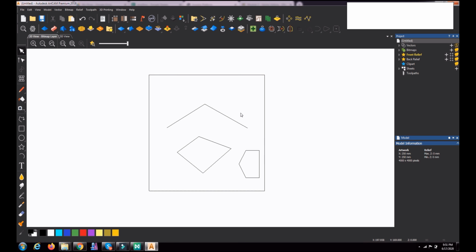Okay, so next we will go to align. Okay, align. Suppose this is a vector. If I want to align it, align in the sense, different methods of aligning are available. In that, the first one is center in model, that is F9. You want to bring this into the center of the model space.